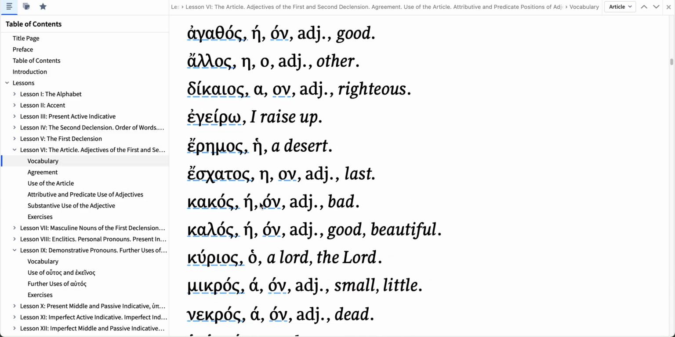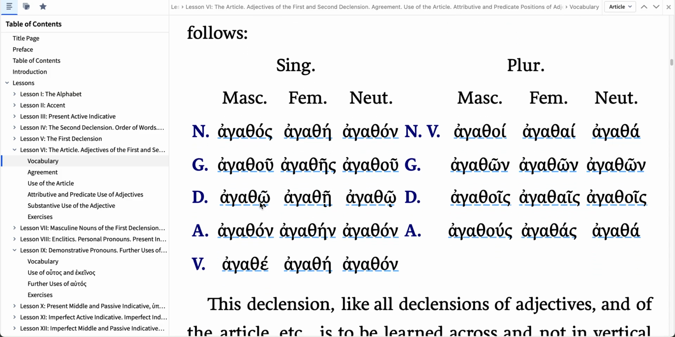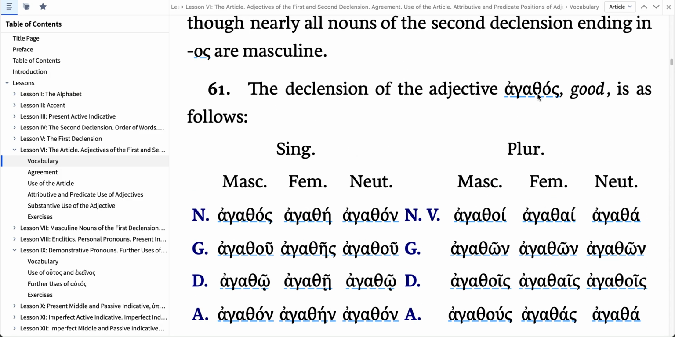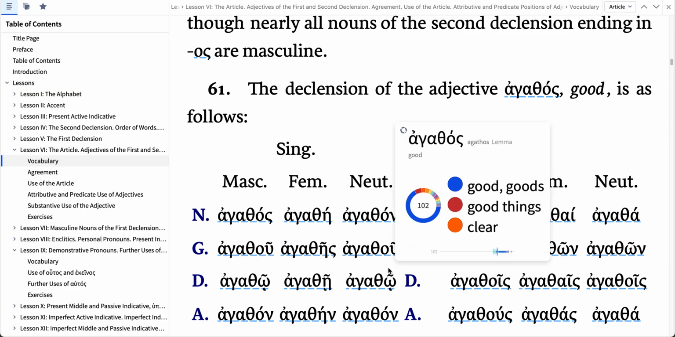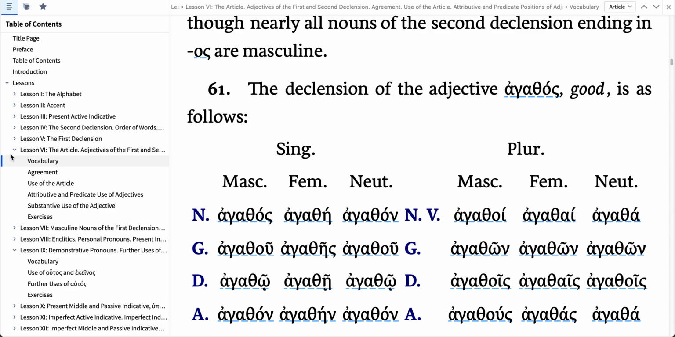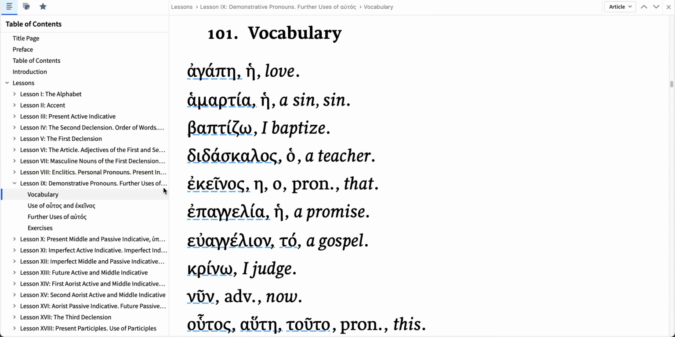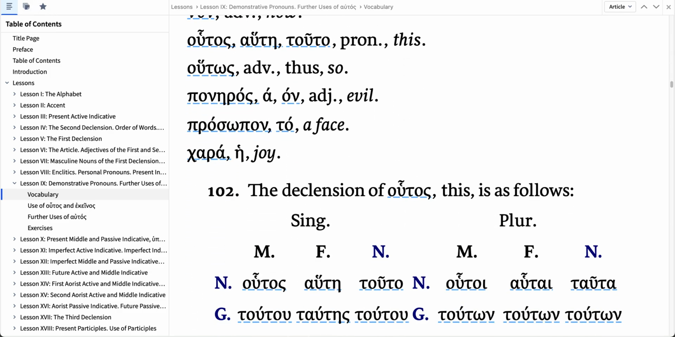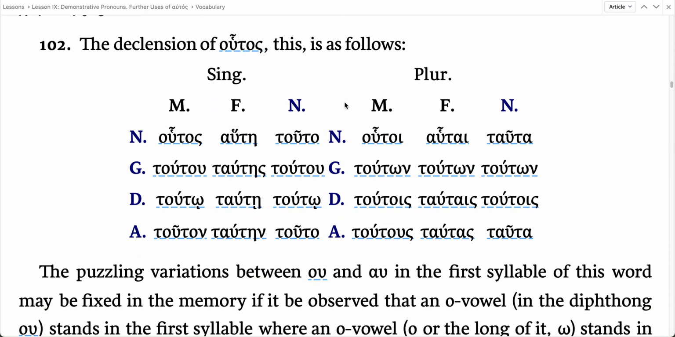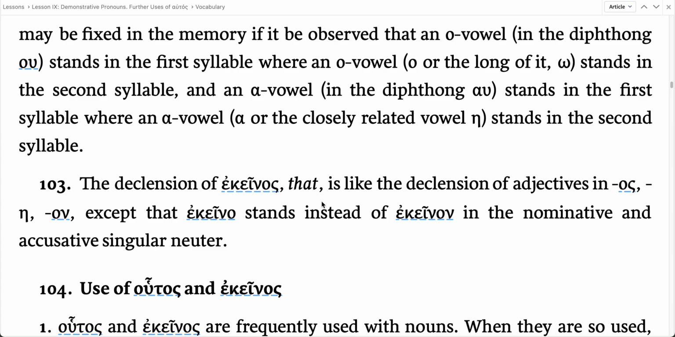Lesson 6, and then paragraph 61. Here is the agathos, so agathos, agathe, agathon. And so ekeinos follows this same pattern. So instead of writing out the full paradigm for you, they are just showing you the words here,